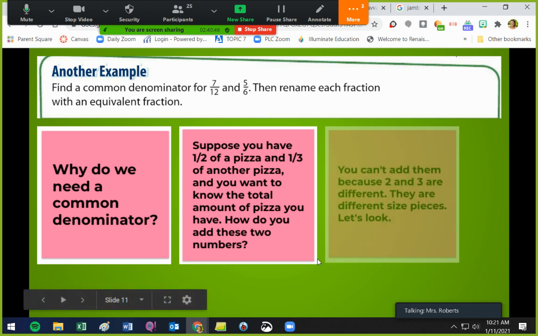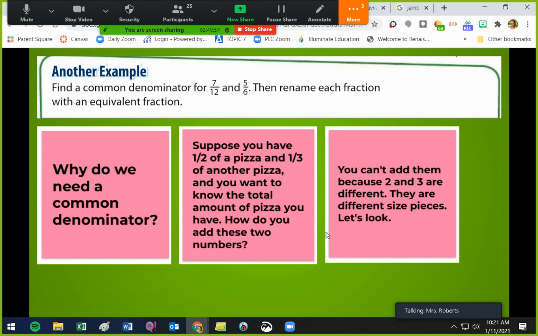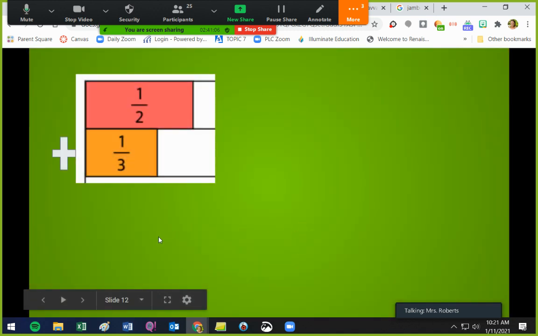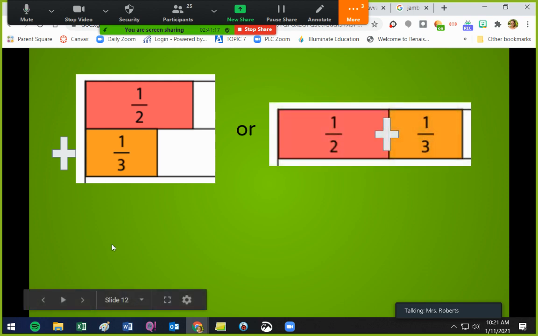So if I've got half of one and 1/3 of another, we can't just say 2 plus 3 is 5 because they're different size pieces. So I could say I have 5 pieces, but that's not the same as half of a pizza. Okay, so let's explore this a little bit. We know the problem is 1/2 plus 1/3. I know that I'm trying to add half of a pizza plus 1/3 of a pizza. That's what I'm trying to do. Okay,